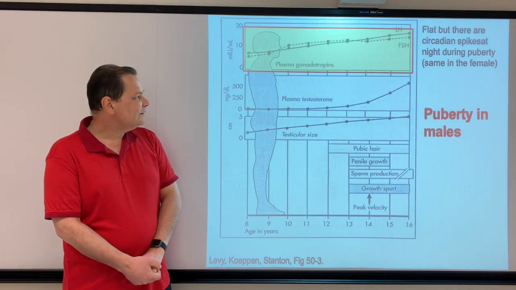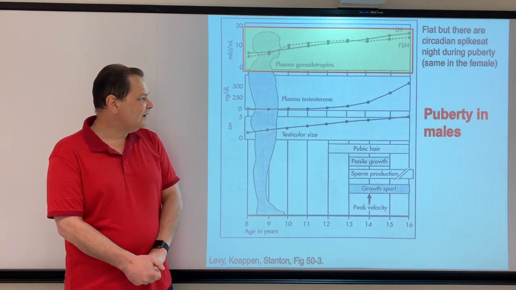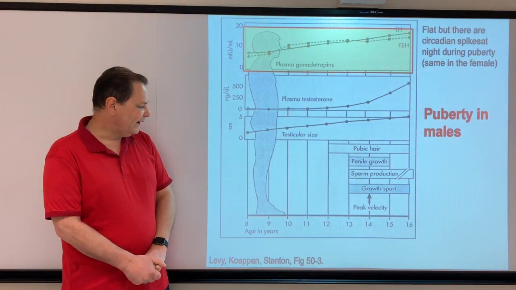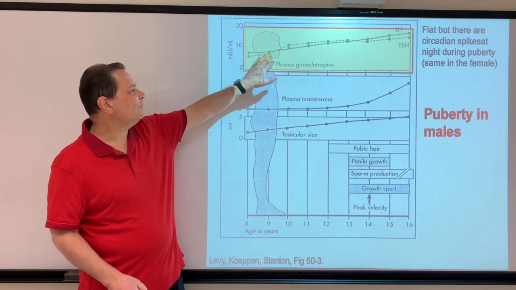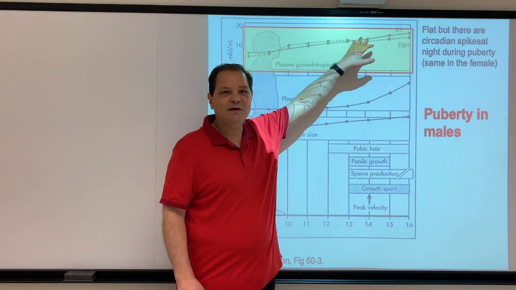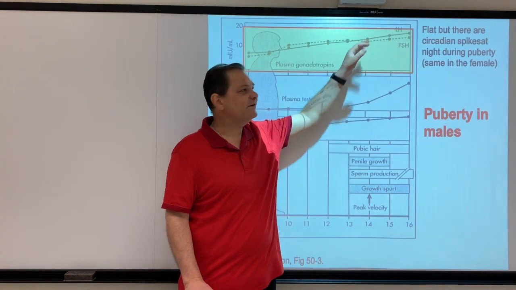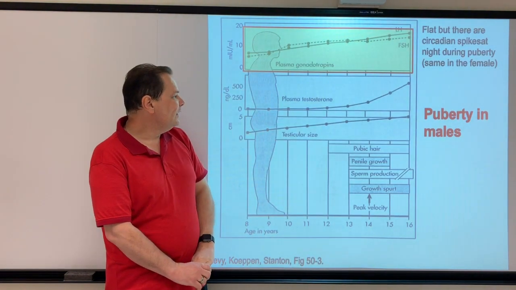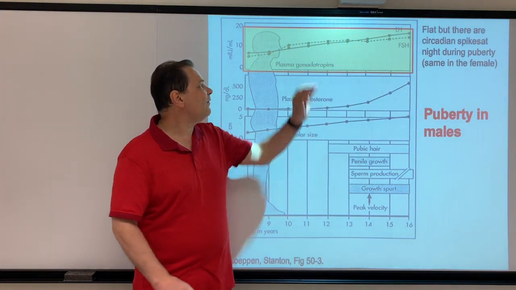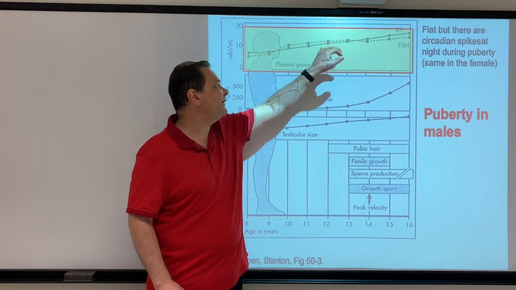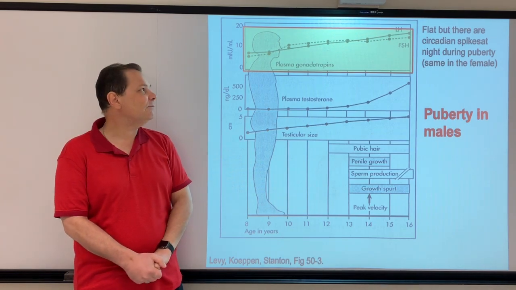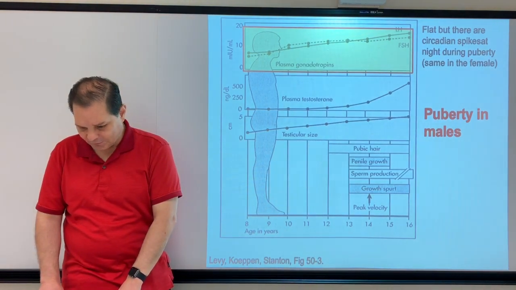So this is sort of a graph of what happens in a typical male as maturity takes place. As you get older, you'll notice that your LH and FSH gradually increase on average in both the male and the female. Okay, you'll see this. And that increase looks pretty linear, but it sort of disguises the fact that there are peaks and troughs taking place as you approach puberty, and as you go through puberty, in both the male and the female. So let's take a look at that.